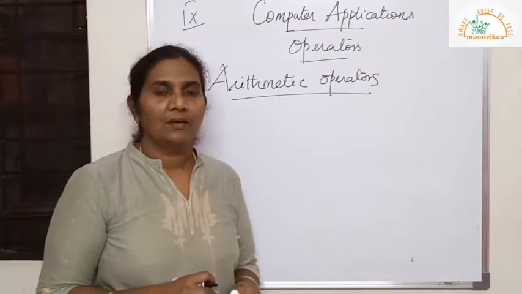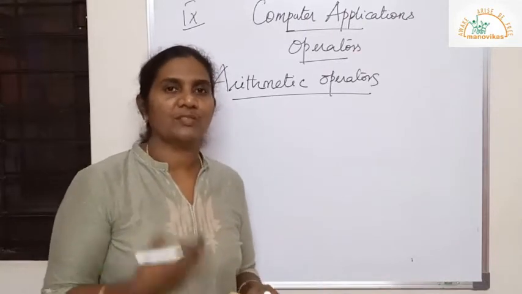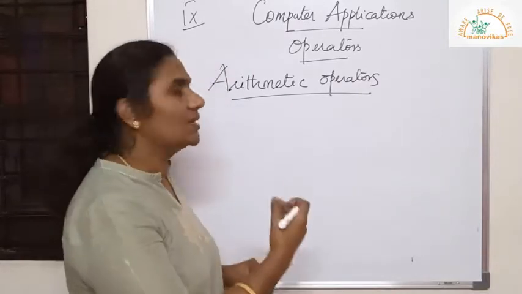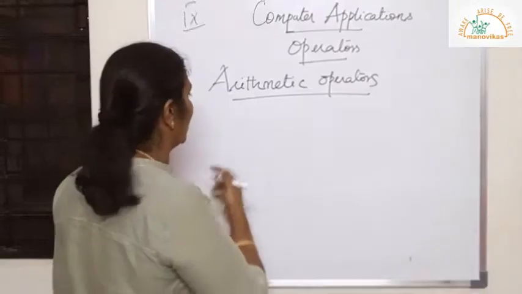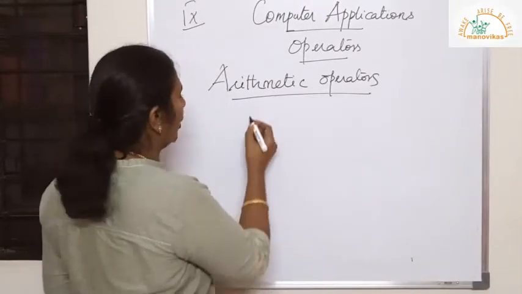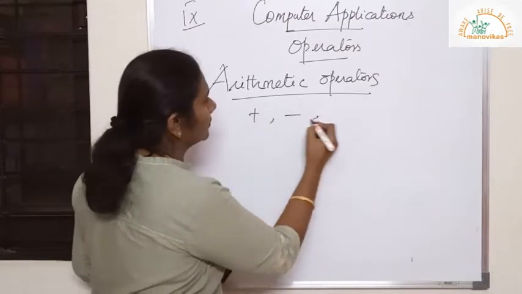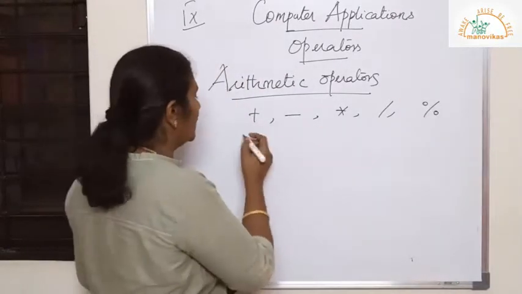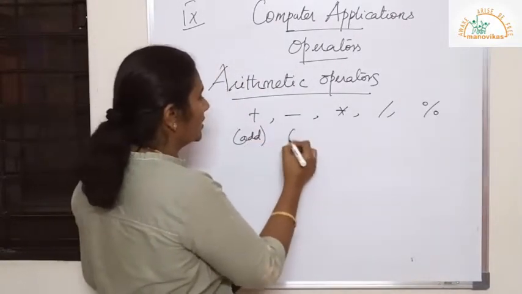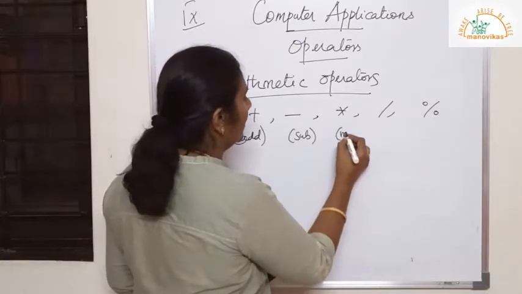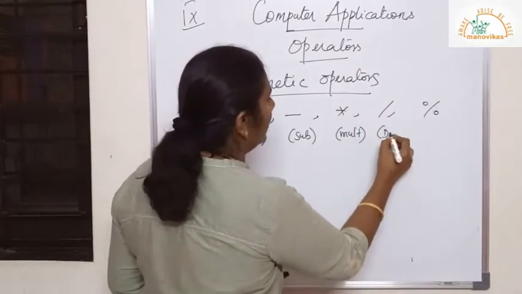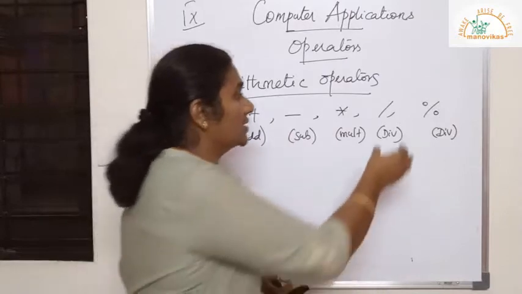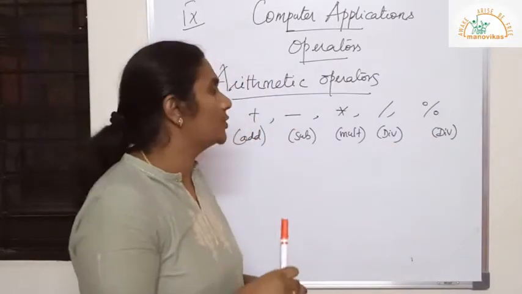Arithmetic operators, you have used those symbols for calculations. You know the purpose of each symbol we use in arithmetic operators, but still I'll do a slight revision on that. The symbols used in arithmetic operators are, and the purpose everyone knows. This is for addition, this is for subtraction, this is for multiplication, this is for division, this is also for division. So two things I said, this is division, this is also for division. Two operators which are for division.